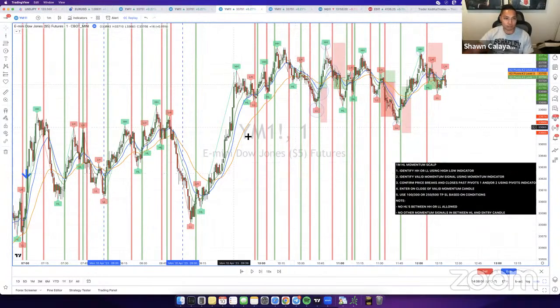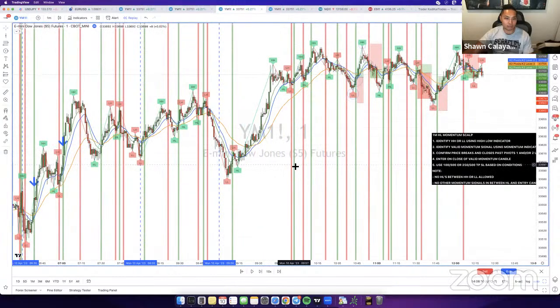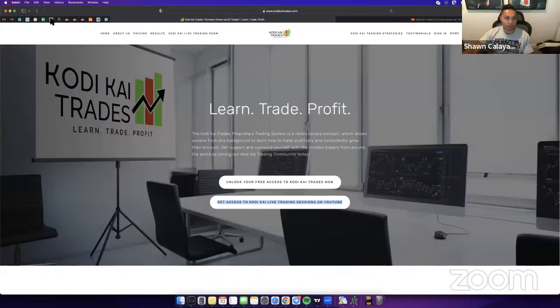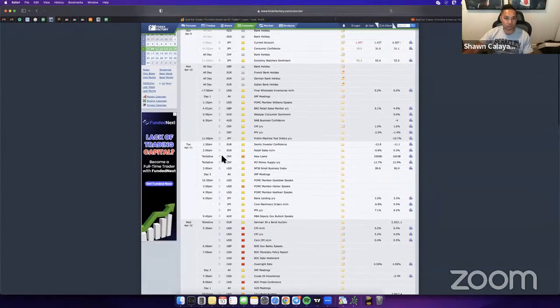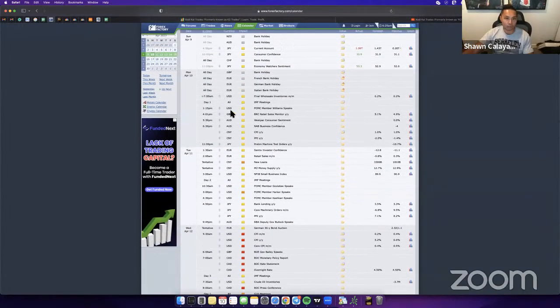Just keep in mind that the market's going to be kind of iffy until Wednesday. Tomorrow we have some news coming up, but it's not high impact. We actually don't have any actual news during the day. We have Fed member Williams speaking at 1:15 p.m., but that's going to be way after our live session. We have Fed member Goldsby speaking at 10:30, and then we have another Fed member.